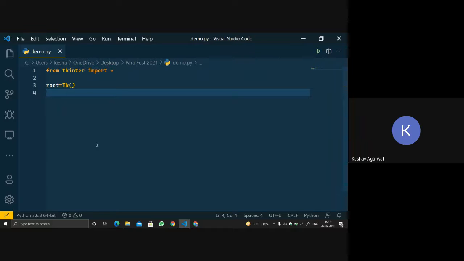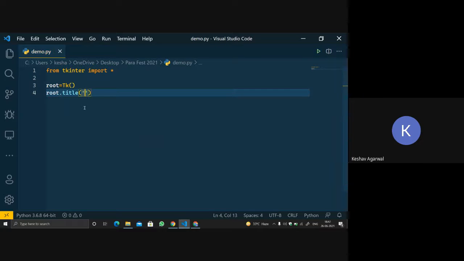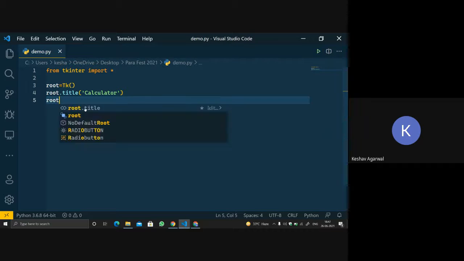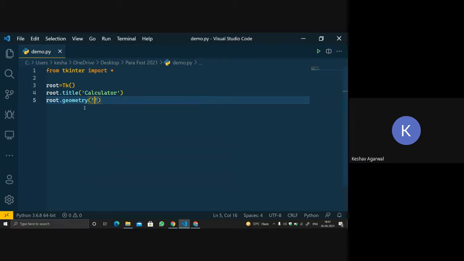Then we will define a title, that is calculator. Then we will define the size of the window, root dot geometry, let's keep it 300 cross 300.